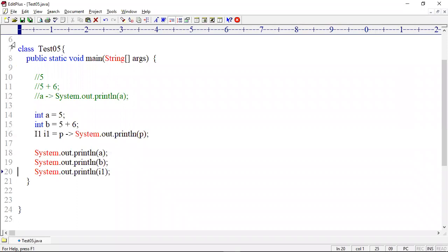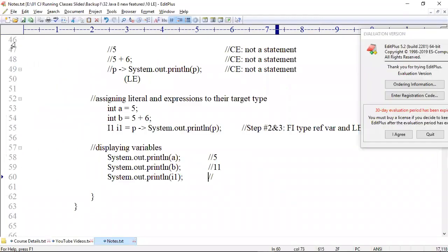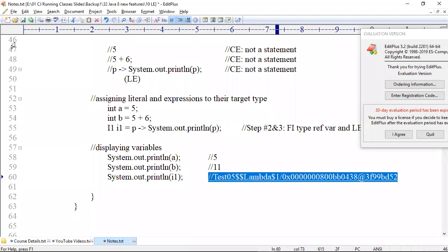Tell me, by seeing this output, can you confirm, do you agree with my statement? A lambda expression is an object. Agreed? I proved that a lambda expression is an object. Then if any faculty or your friends tell you, hey, a lambda expression is not an object, it is a functional interface, it is an anonymous function, who told you it is an object? Ask them, are you talking from Java or Python? In Java it is an object. Look here, I will prove it.